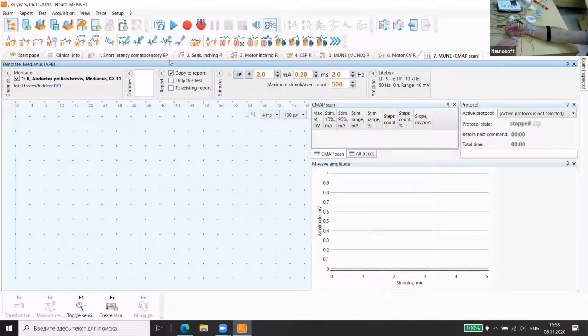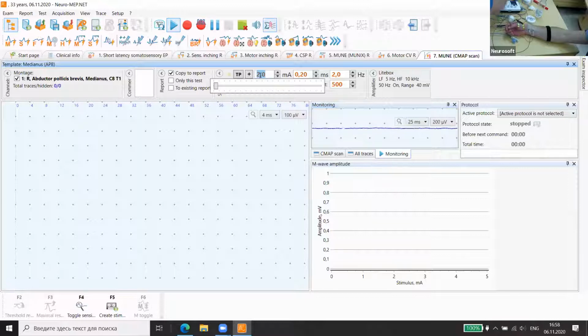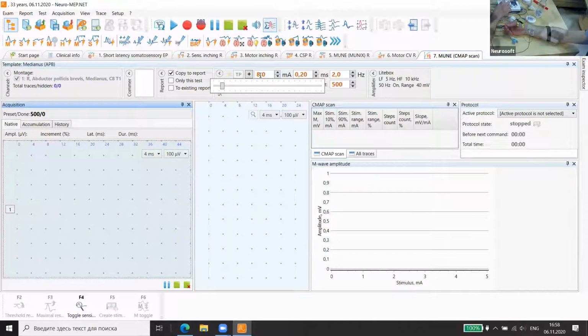So in this method we need a lot of compound muscle action potentials. First we set several stimulations for initial estimation of the level. So we can stimulate, find the